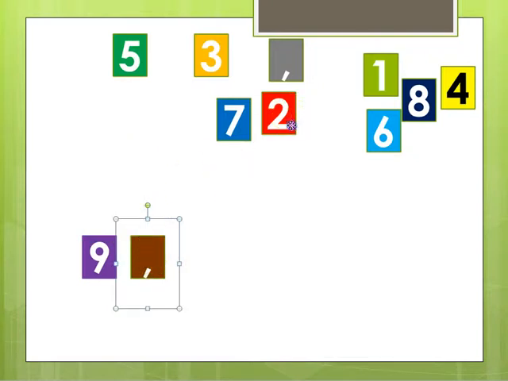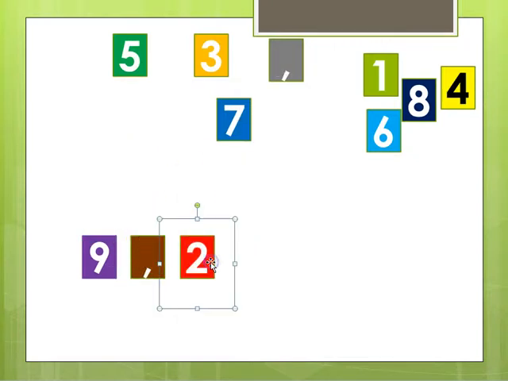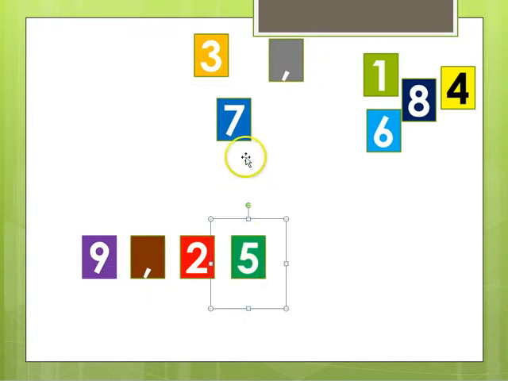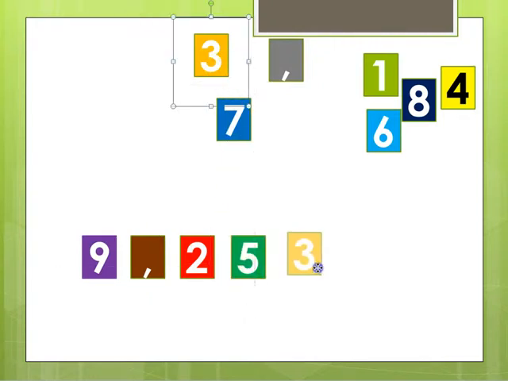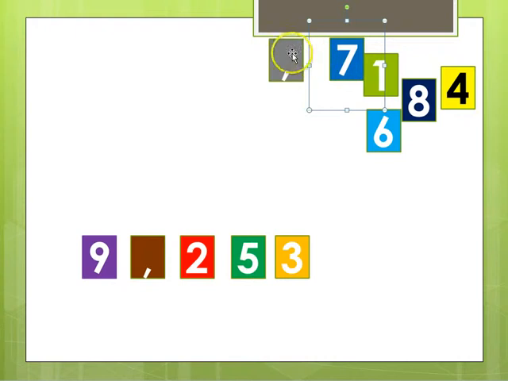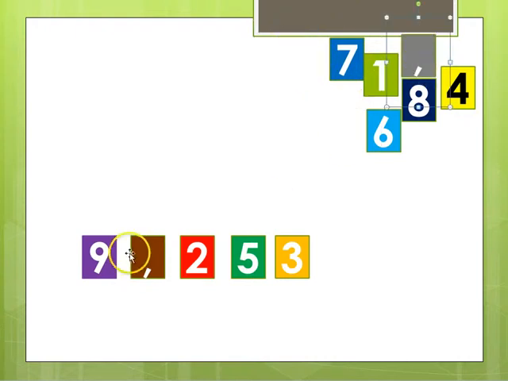Then the person holding the 2 would go next. Then the 5. And then the 3. Any numbers or commas that aren't used stand to the side of the room. And up in the front, you have your number,